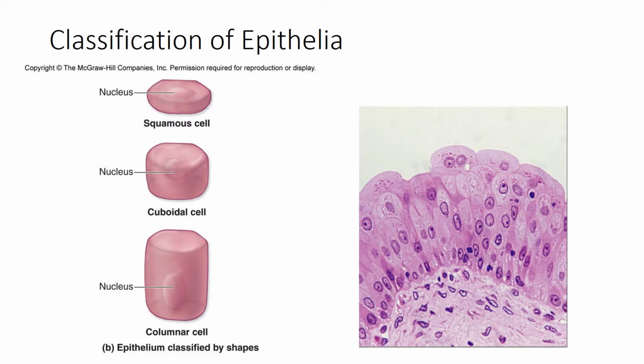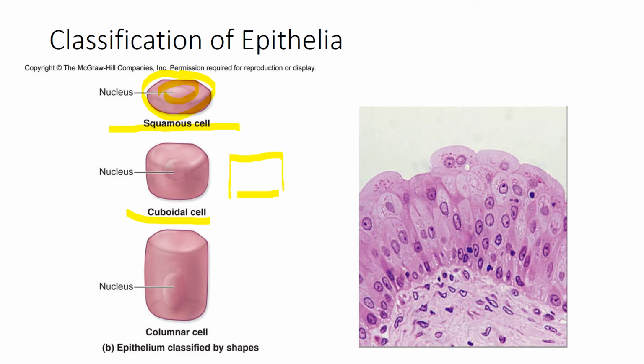All right, so one other classification that we have is by their shape of epithelia. All right, so let's start with the first one. So here we're looking at squamous cells. And squamous has this flat, wide, and somewhat irregular shape, so kind of looks like a flat egg. Okay, the nucleus is going to resemble here like the yolk of an egg, and then here's the white part of the egg. Okay. Next shape is the cuboidal, and so this is basically going to look like a cube,